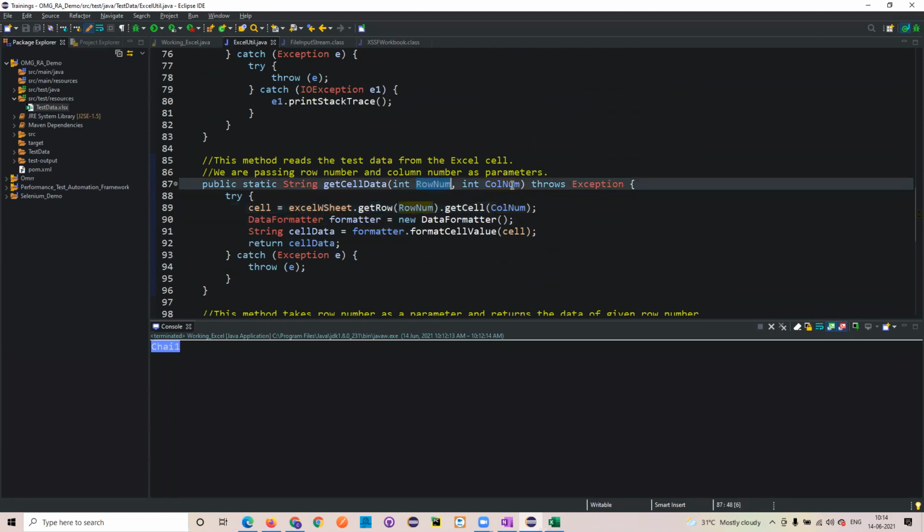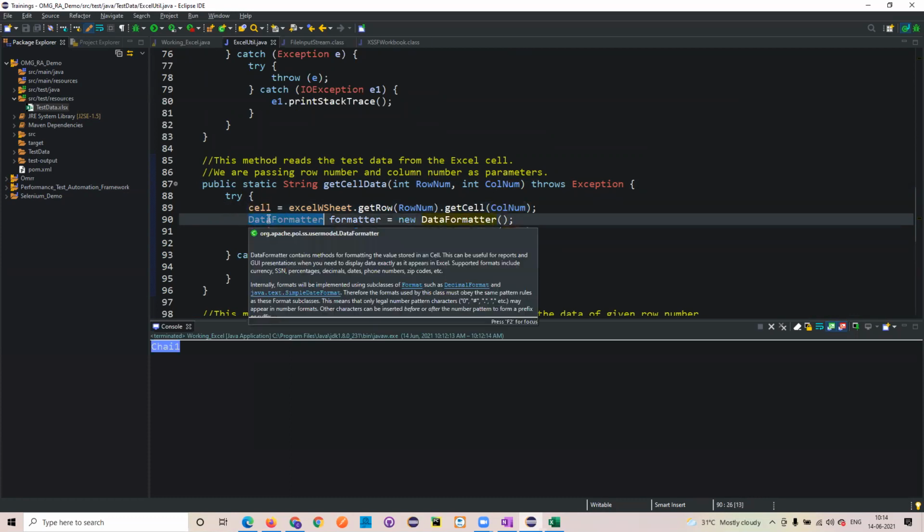We are passing the row number and column number here. So now imagine that I got 1 and 1. That particular value would be stored into this particular cell, and we are creating an object for a data formatter. This data formatter will try to format the data which we got in this cell. So if you see here, you can see the complete usage of this one.